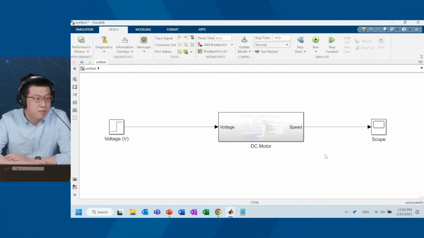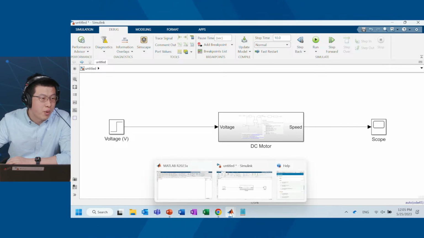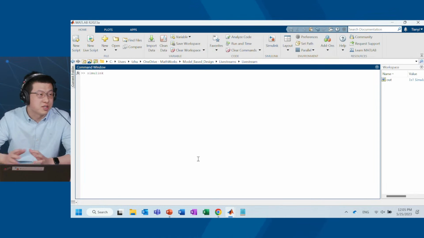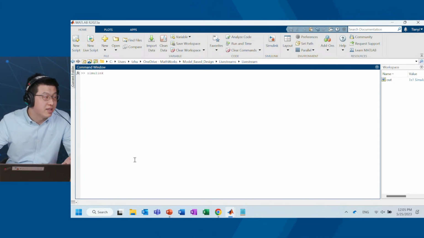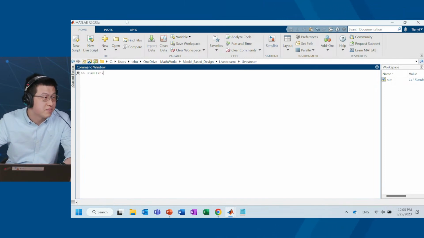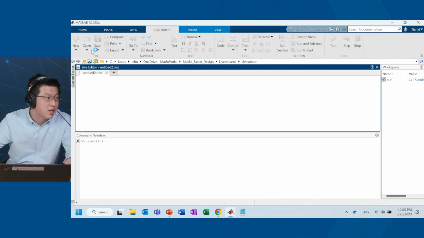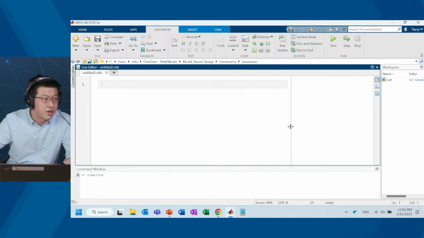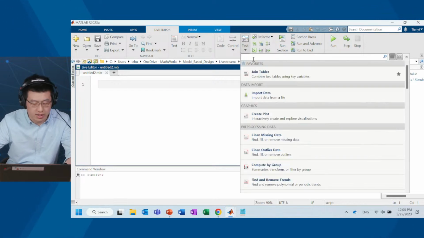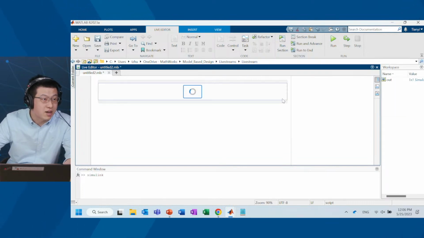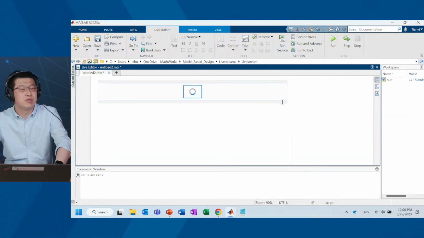your input signal. And today I want to show you an interactive way that you can use to customize your input signal in MATLAB, and then bring that signal from MATLAB into Simulink for running your simulations. So what I can do is open up a new live script, and then there is a live task called Create Signal. Live tasks are like mini apps that you can use in MATLAB